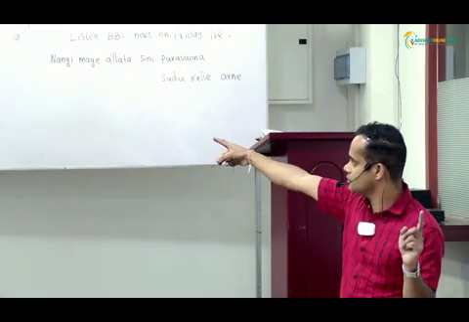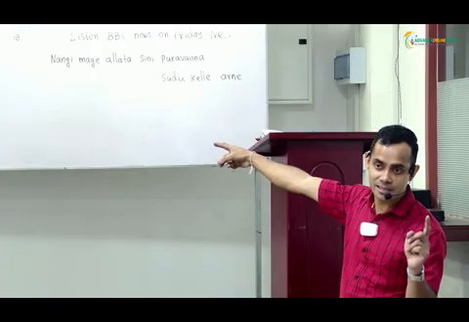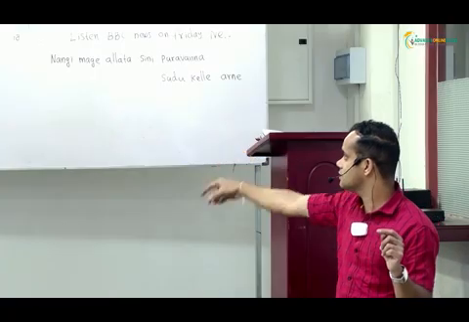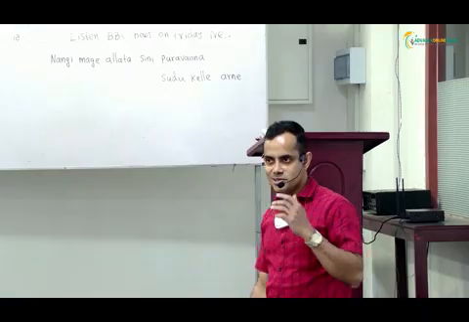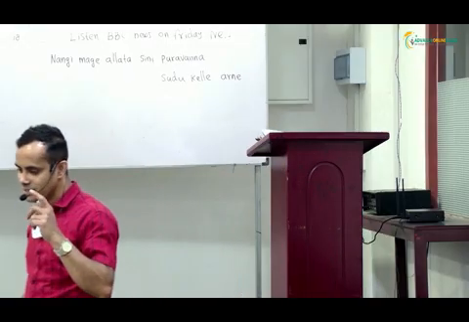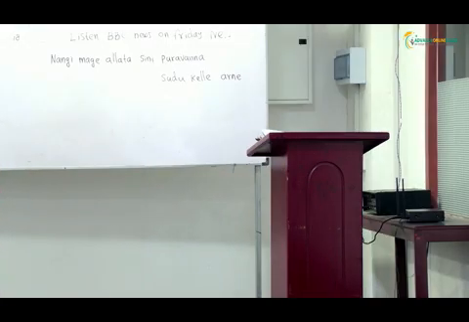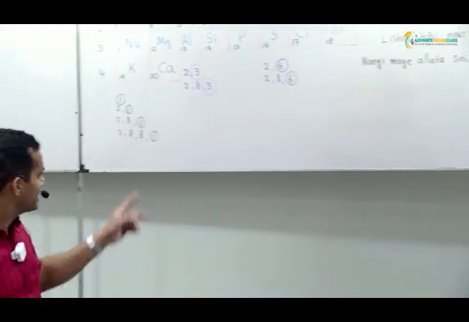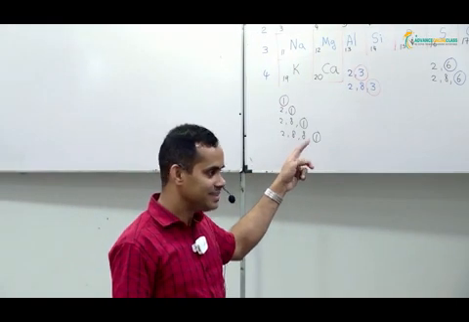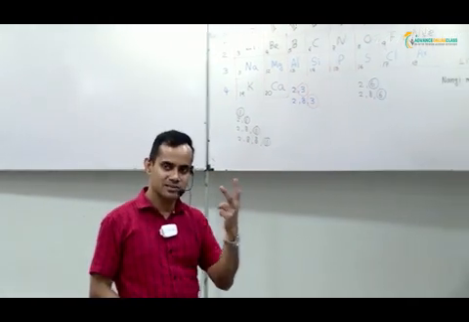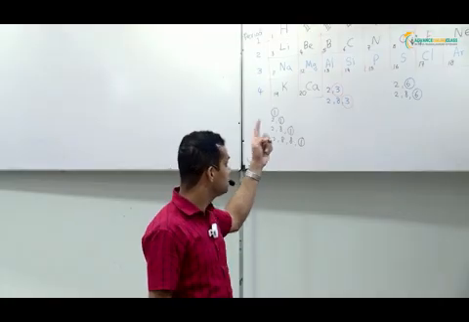Group number 3, boron, aluminium, how many electrons are there in the last shell? 3. Group 6, 6. Now you can understand. So we consider how many electrons are there in the last shell, which is called the valence shell, in placing them in groups. Except helium. Helium has 2 electrons in the last shell, but we put it into group 8